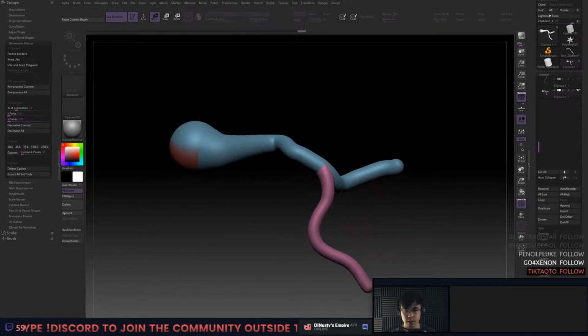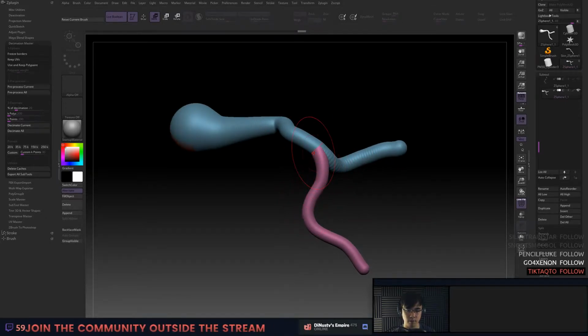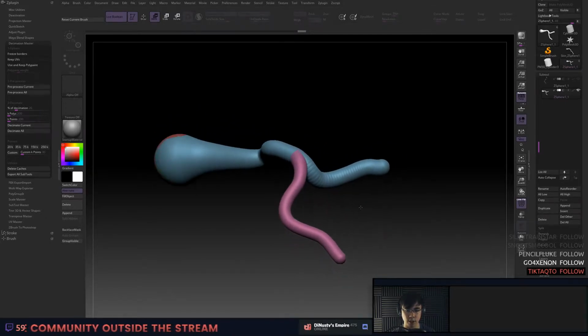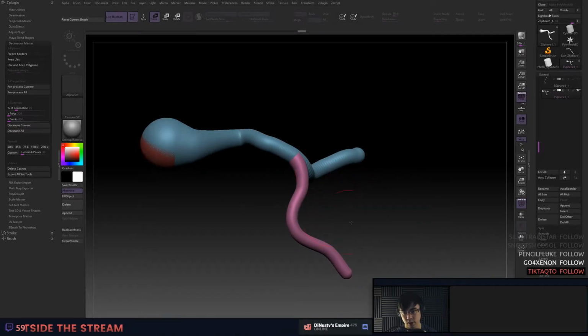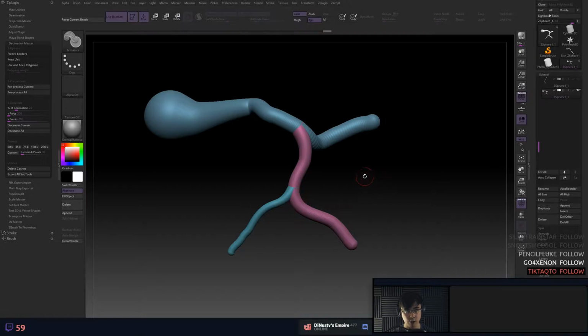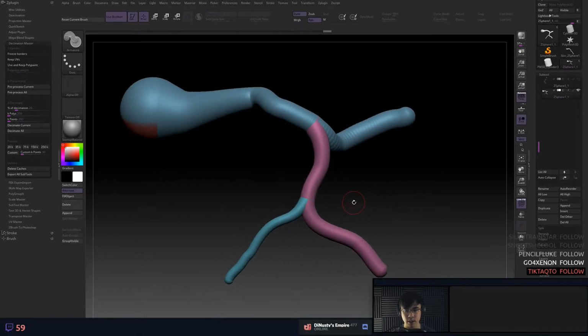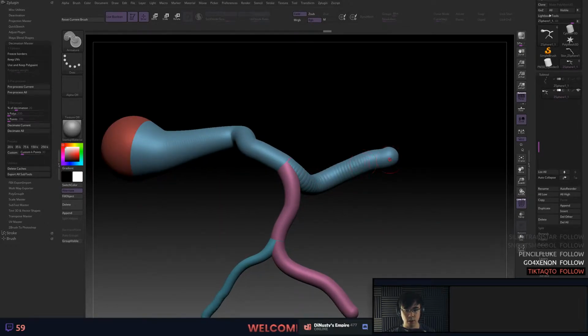One good rule of thumb is the thickness, and all children extruding or branching off from its parent, and assume each one of these is a parent. So if this one comes out here, right? This one. Good rule of thumb is that the child should be around 50% of the diameter of the parent. So this one should be, let's say that this is